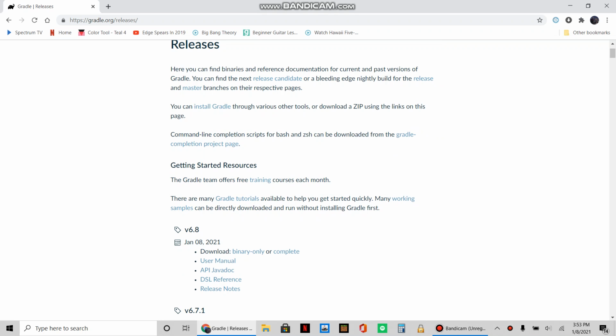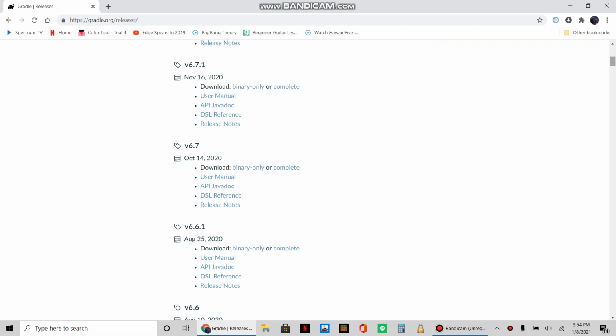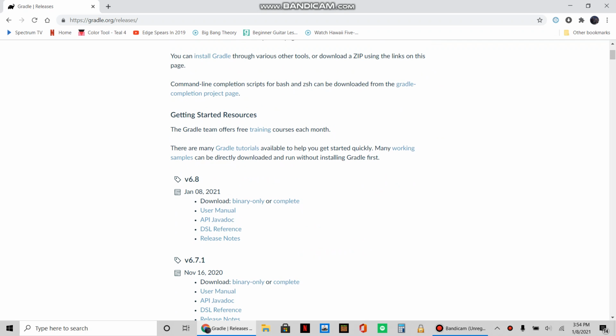Now, there is actually a newer version of Gradle called Gradle version 6.8, so we're going to install that one. In order to do so, we're going to download the binary only version, because if you download the complete version, it has about 12,000 files that we don't need, as opposed to the binary version that has only the files we need to run with Cordova, etc. So we're going to download that file,